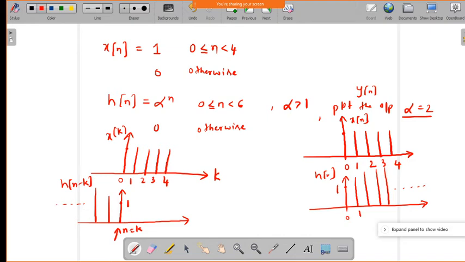And your h of n minus k, when k equals somewhere n minus k, it will exist here. Okay, so till the infinite value, you will get samples like this. It is a growing exponential. So now we need to find out what the indexes are. So now just slide this x of n minus k. Okay, till then all the samples will get convolved.